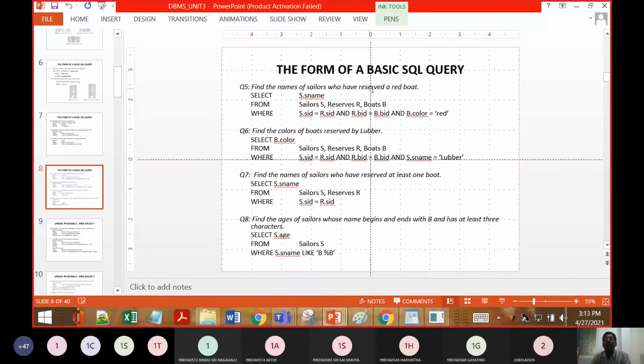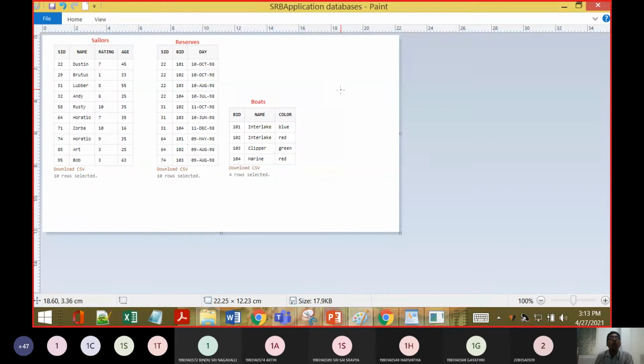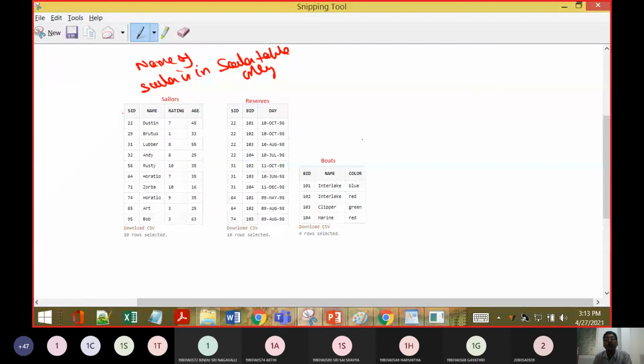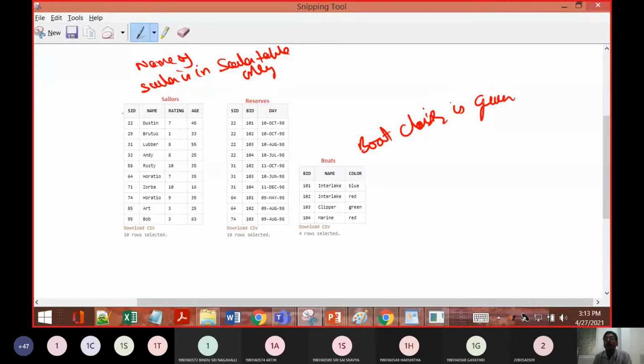Find the name of a sailor who has reserved a red boat. So boat color, where is the boat color? Boat color is given only in the boat table, right?